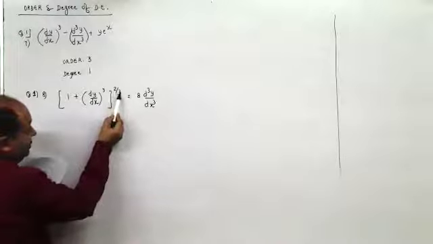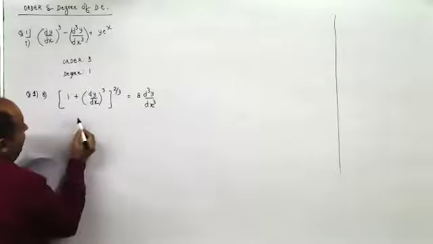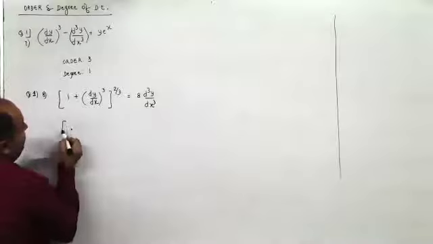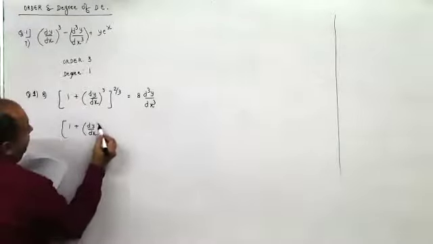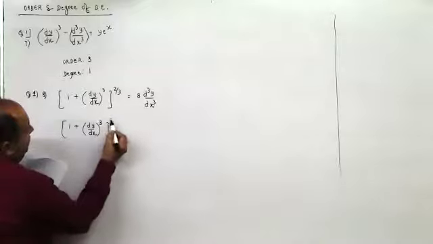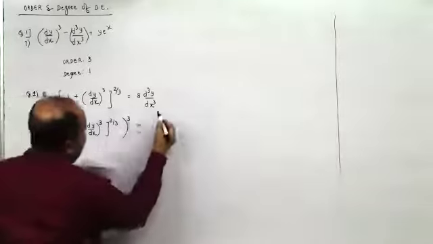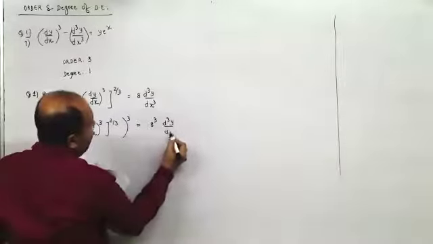To get rid of this fractional index, you have to take the third power on both the sides. When you take the third power on both the sides, it would be, see, this is fractional index. Take the third power on both the sides. You will get 1 plus dy by dx cube raised to 2 by 3, the whole cube equal to 8 cube into d cube y by dx cube,